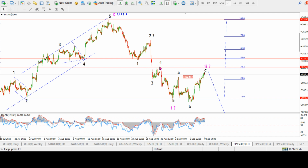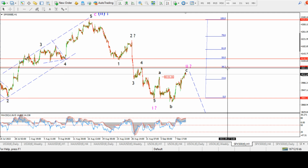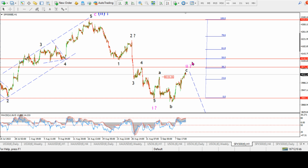Approaching today the previous 4th wave high, so that's 40.70, which would actually mark the 38% retracement as well. So it would be a pretty solid area to find a reversal in this market. If we do hit 40.70 and then start reversing lower again, I would be pretty confident, or pretty happy, to call that a second wave lower high in place and look towards the third